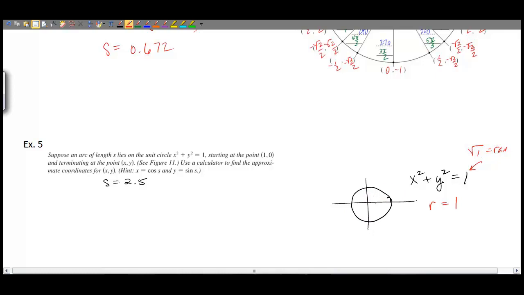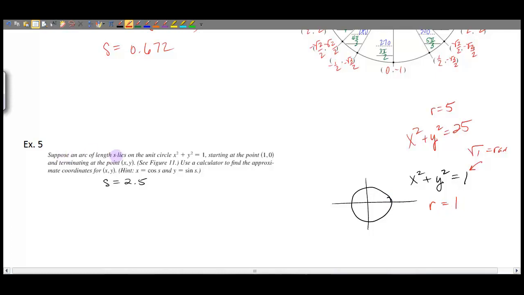So for example, let me back up and say if I had a circle x squared plus y squared is equal to 25, I know it's a circle because the equation is x squared plus y squared, and the radius of this particular circle would be 5. It's centered at the origin. So the point of all that is I have a circle with a radius of 1,